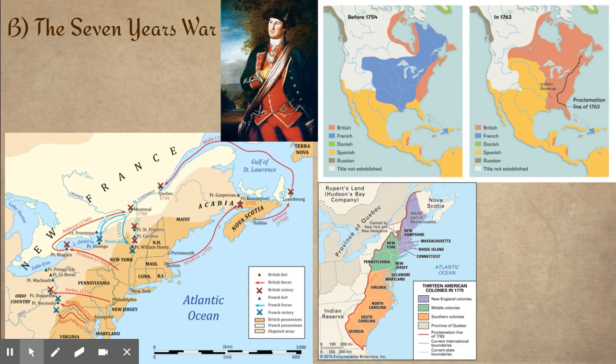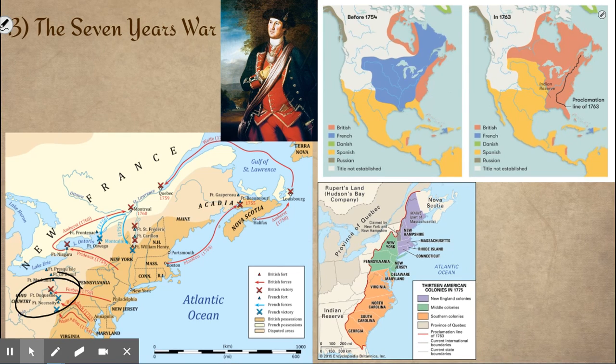The thing that changed the relationship between England and their colonies was the 7 Years' War. The 7 Years' War was known as the French and Indian War in the United States, and it was fought over control of the Ohio River Valley. Colonists like George Washington wanted to expand into the Ohio River Valley, but at this time, the Ohio River Valley was controlled by both Native American tribes and the French. And so the English and their native allies fought against the French and their native allies, and the end result,